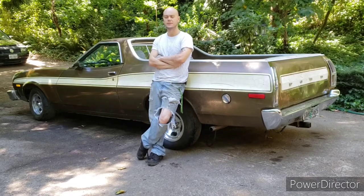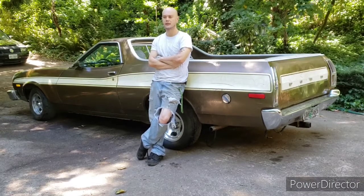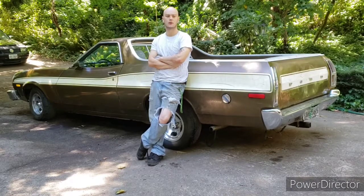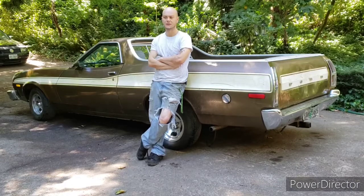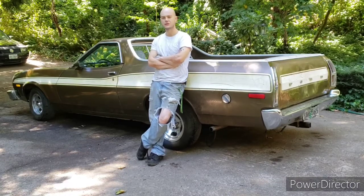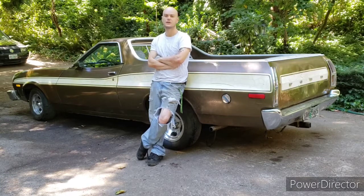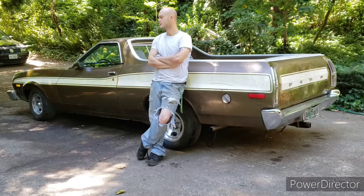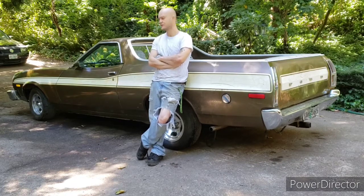It has very minimal rust, and a lot of the things seem to be there. It seems to be pretty complete. It runs really well. I know it doesn't convey very well in the videos, but it doesn't sound like there's any sort of misfire or compression issues or vacuum or exhaust leaks or anything like that. It runs really, really well. So I'm really looking forward to getting it on the road, seeing how it performs, and just getting to enjoy